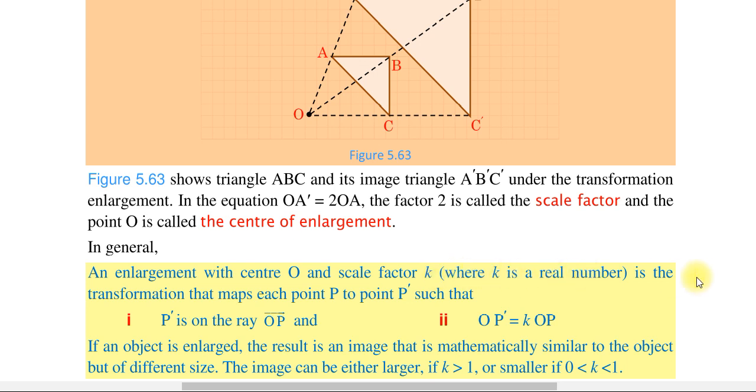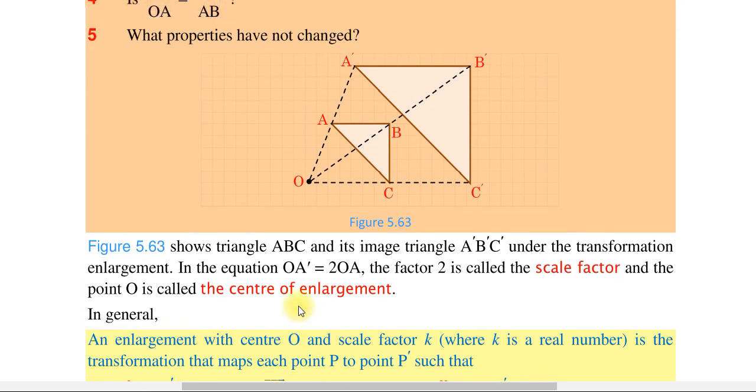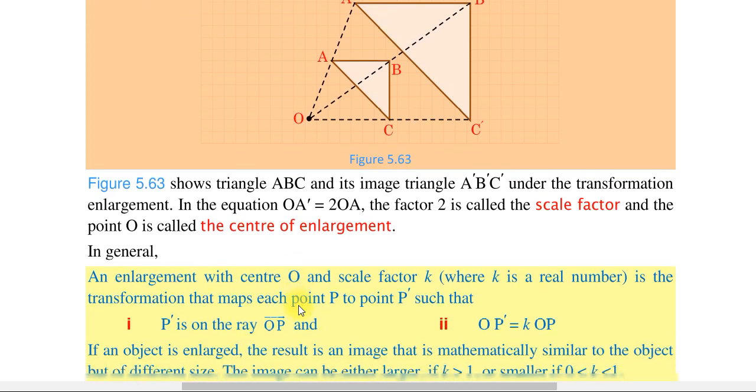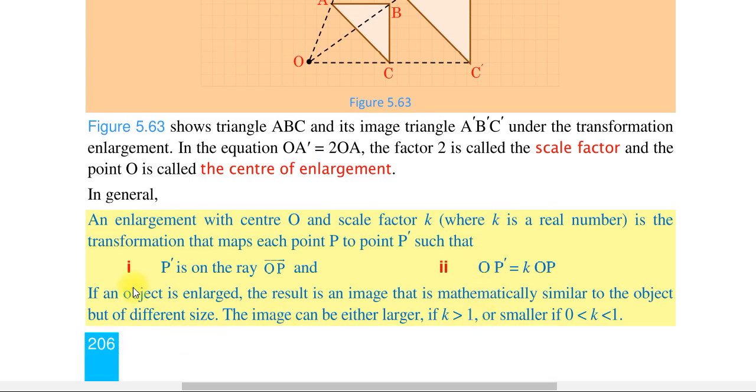where k is a real number is the transformation that maps each point P to the point P prime such that P prime is on the ray OP and OP prime is equal to KOP ይሆናል ማለት ነው። አሁን O ምናችን ነው center of enlargement ነው፣ k scale factor ነው ከሆነ እንግዲህ P prime is on the ray of OP ነው፣ P prime and OP prime ማለት KOP ይሆናል ማለት ነው።